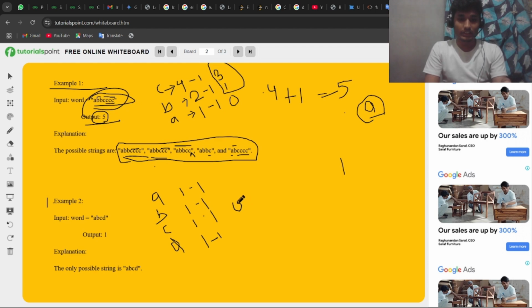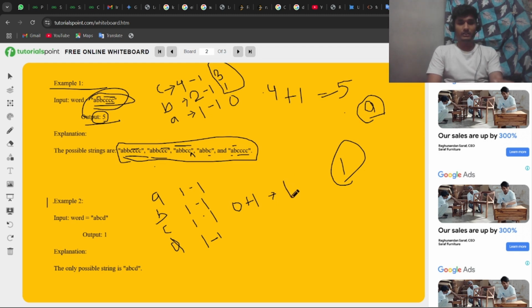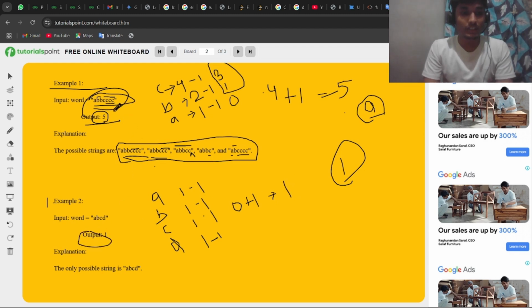They all are 0, and our count is starting from 1. So we have to add 1 in this. So what do we have left? We have 1 left, and the output is 1. Okay, so what we have to do is, if we have here